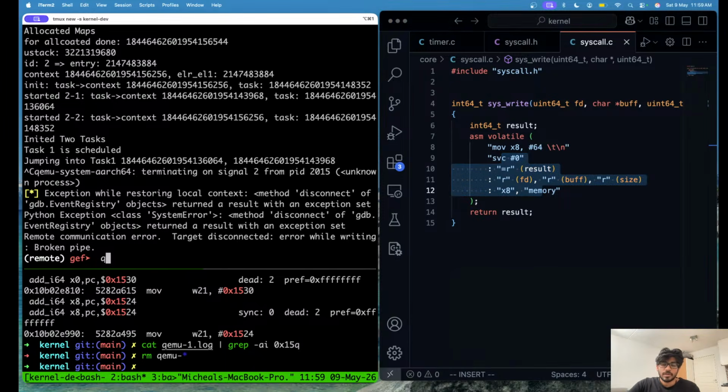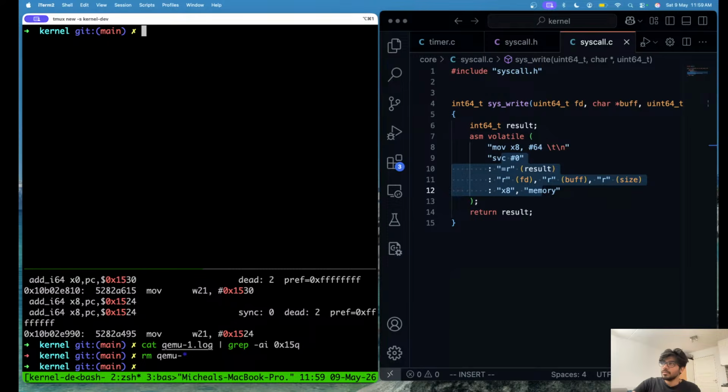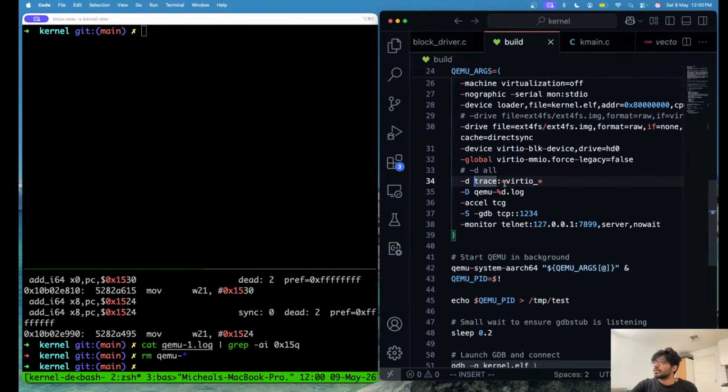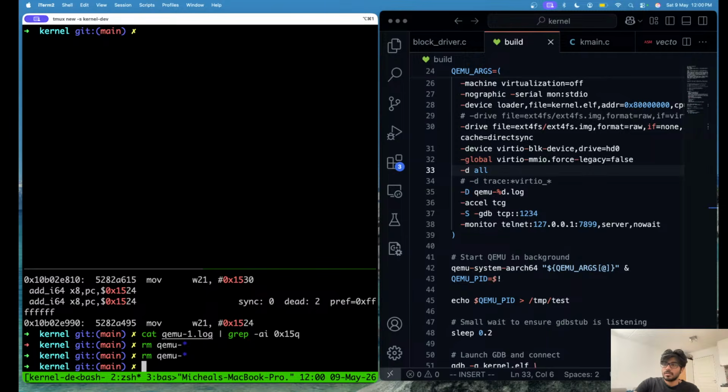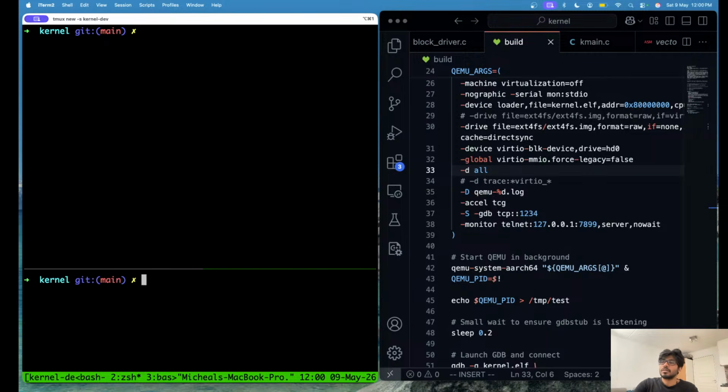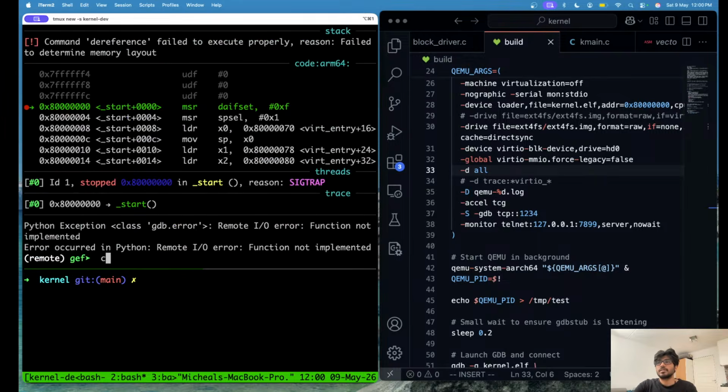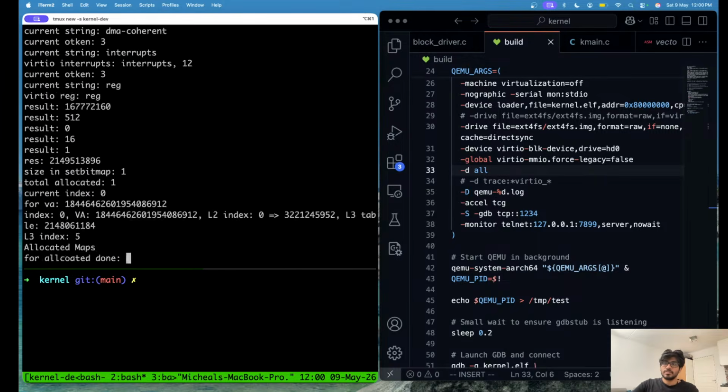Wait, let's try one more thing. If we go into our build, currently we have virtio trace. Let's remove that and let's turn on all logs, and we can remove the extra ones. We'll remove all logs there and just run bash. And if I run it,